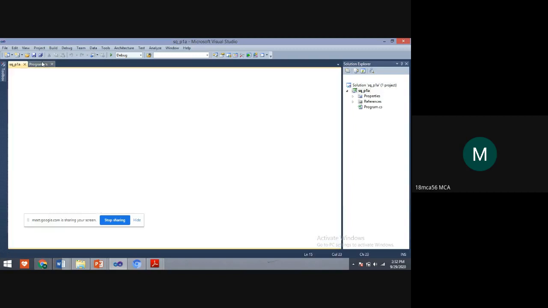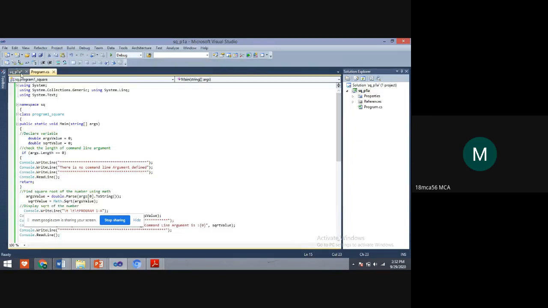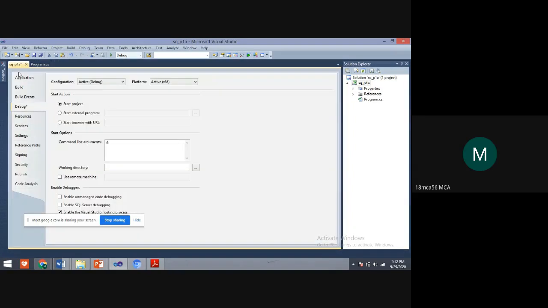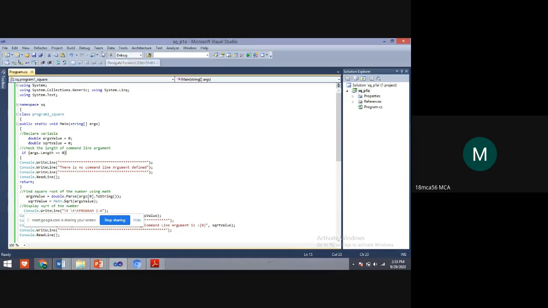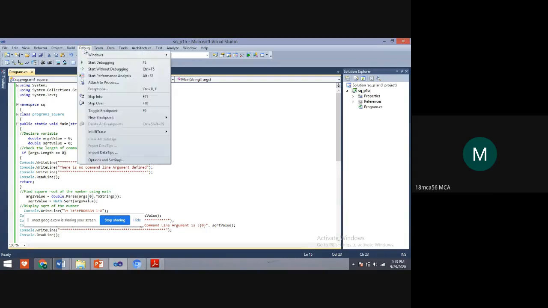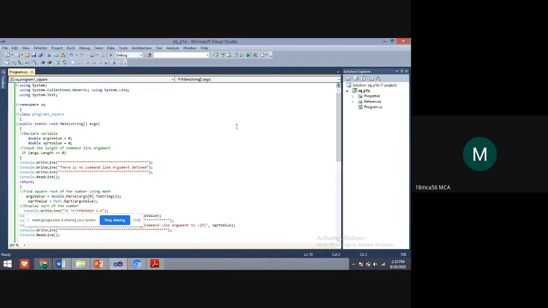Yes, ma'am. Okay, now I'll run the program. You can either close this, or you can keep it like that and run the program. Start debugging. See, students, to run a program in Visual Studio, we have 3 options.